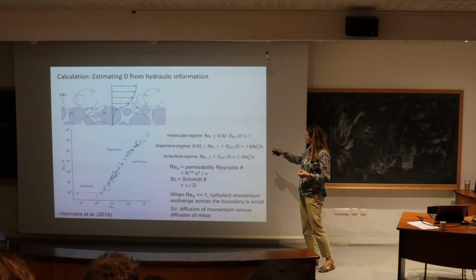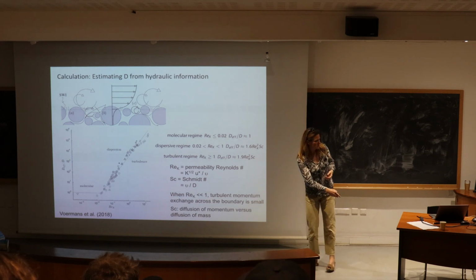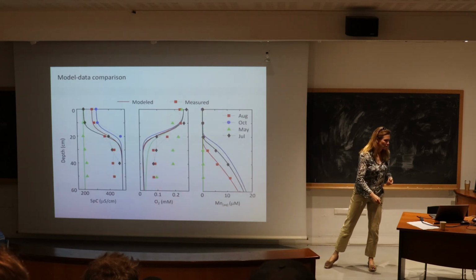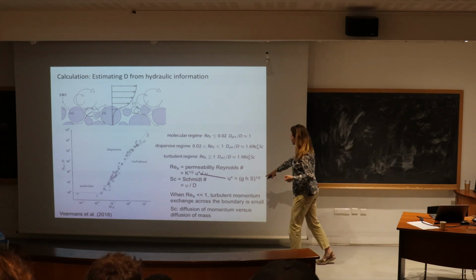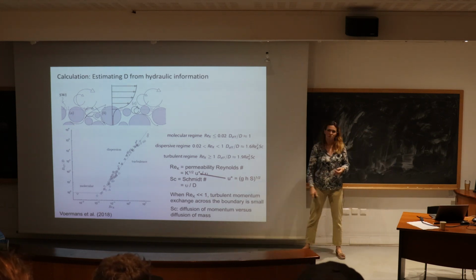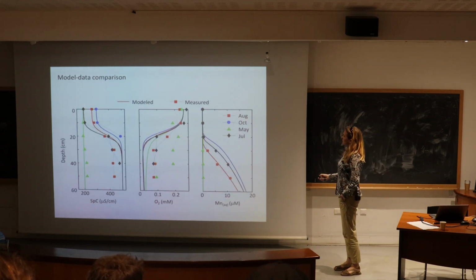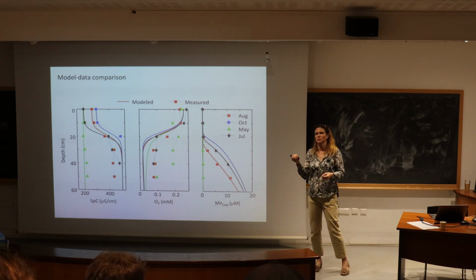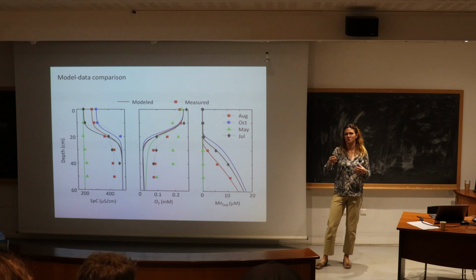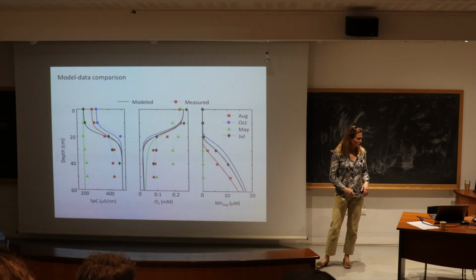And so we can actually use these scaling laws that have been worked out for flumes to predict D over the year. We know shear velocity in the stream just based on channel hydraulics. And so we can put together these models that match our data pretty well. The only thing that didn't work so well was oxygen, but that's because when we pull the sample out, it has higher oxygen because we're exposing it to air. But otherwise, things looked pretty good.